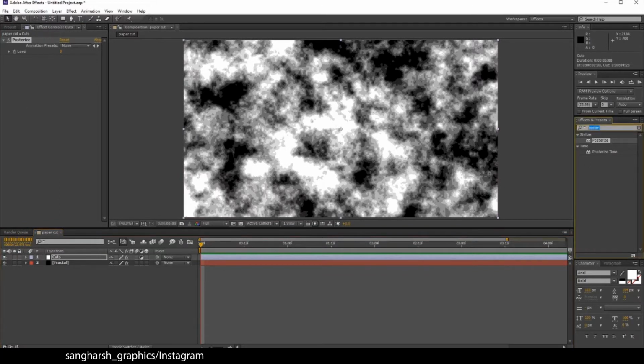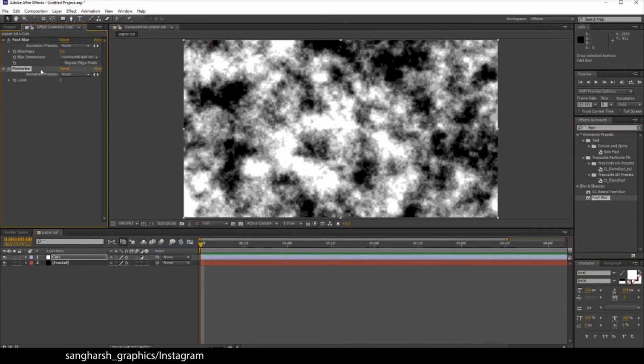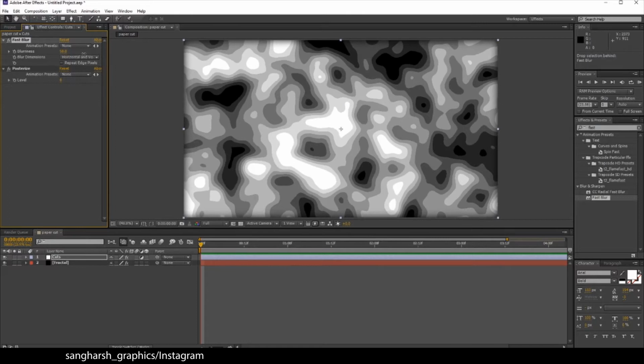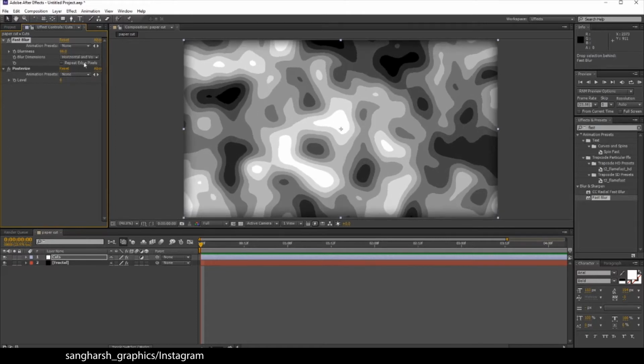Now search for fast blur, apply it above the posterize and increase its blurriness to something like this, and click on repeat edge pixels to get rid of these black edges.